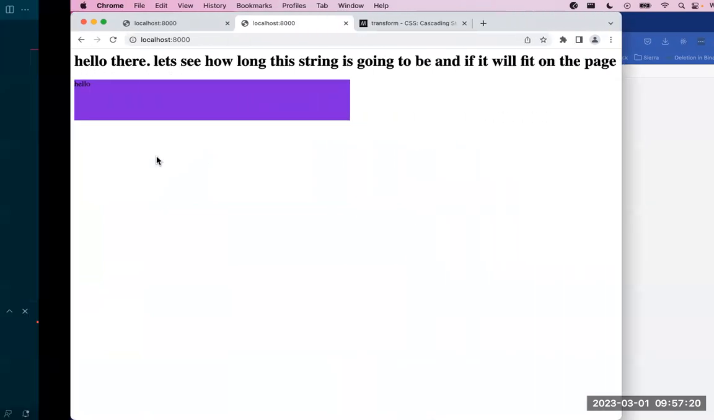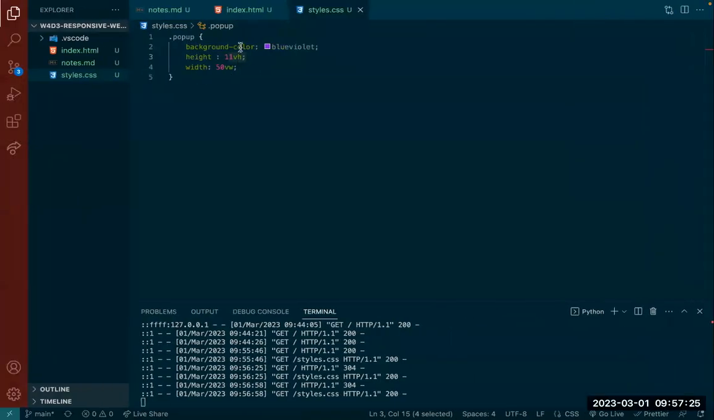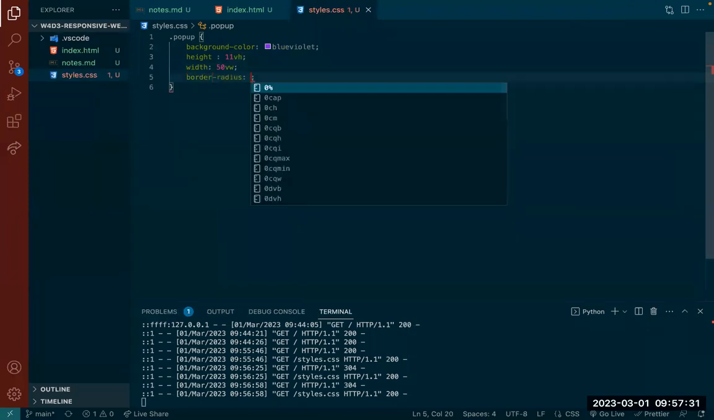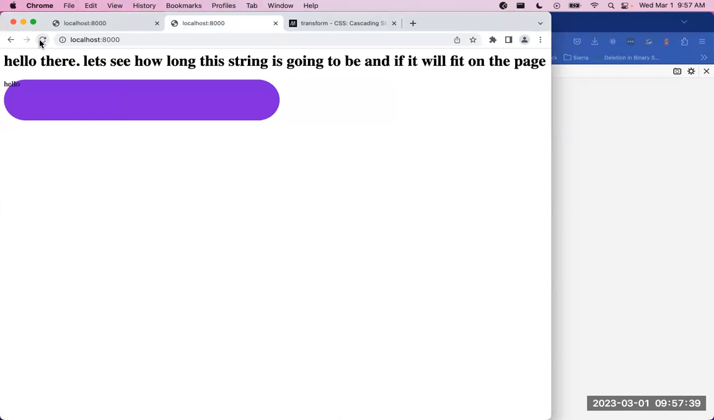So let's say I want to create a circle. So let's say this pop-up here is going to be a circle. So I need to edit the border radius. And I can just put as many pixels as I want because it'll just cap it. If I refresh, okay, so it rounded it, but the width is not correct because the width has to be